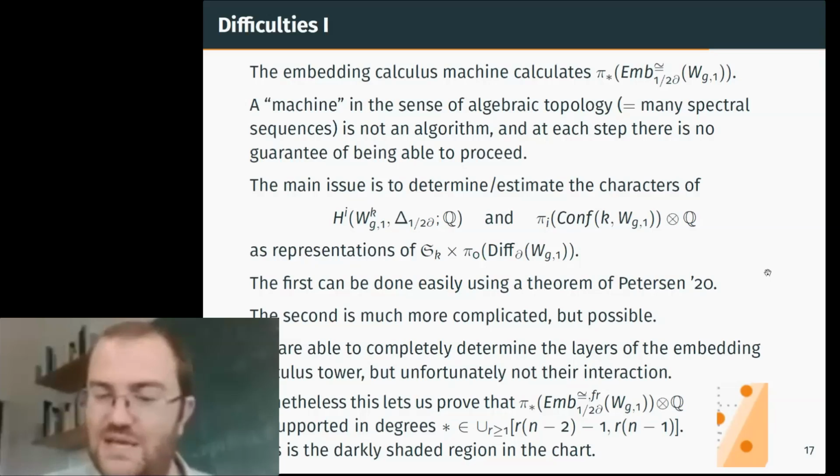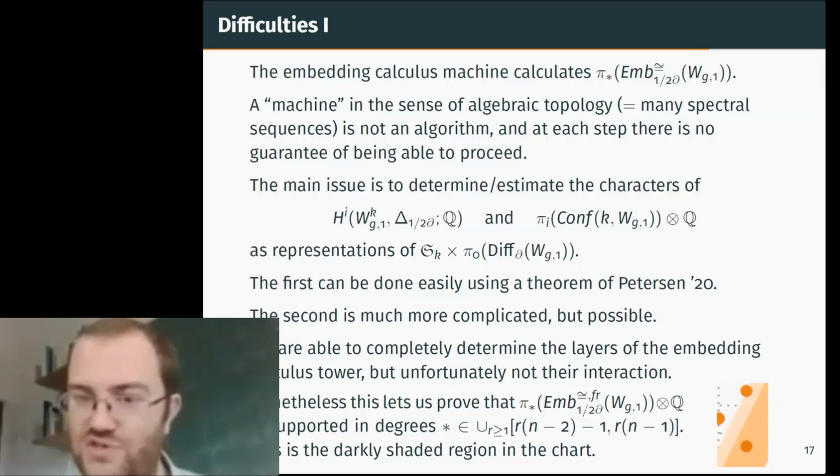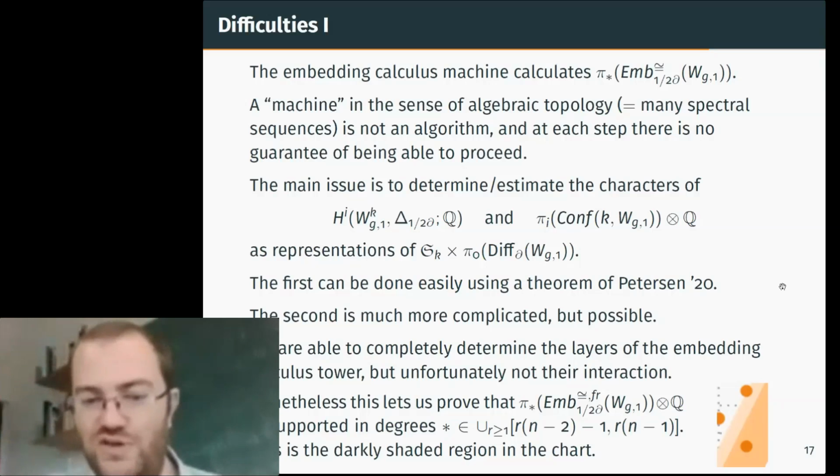I didn't explain on the chart why the bands came in two colors, blue and orange, but they also came in two shades, dark orange and light orange. The two shades correspond to the two sources of ambiguity, and the dark orange comes from the ambiguity here, that we can't control the interaction of the layers, but that doesn't matter to get this band pattern. But it would matter if you wanted to know exactly what the answer is.